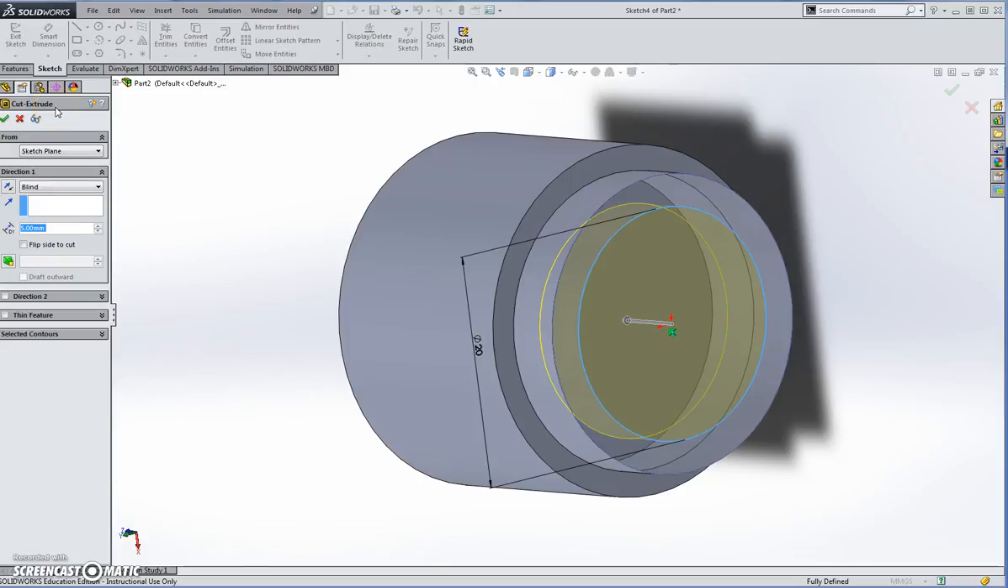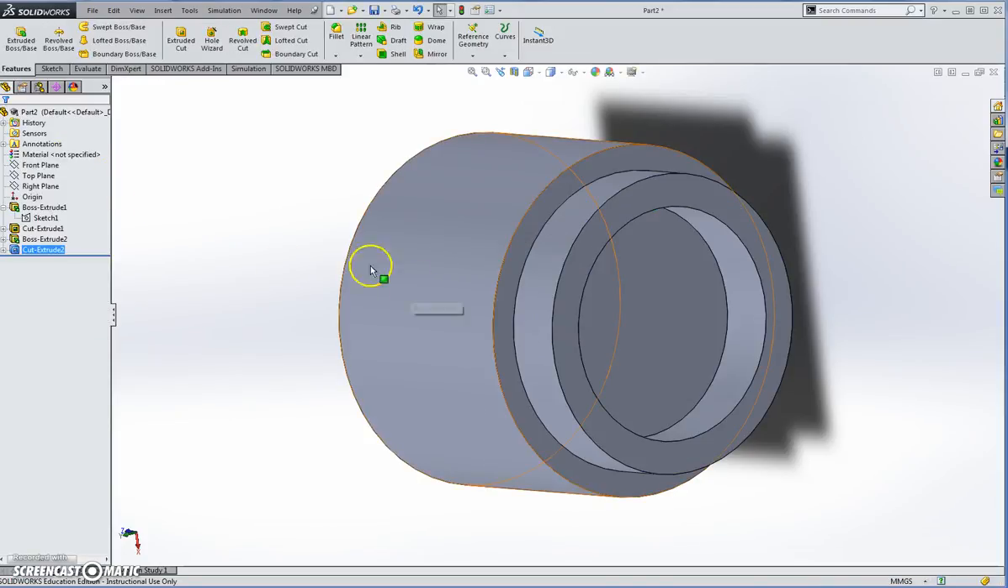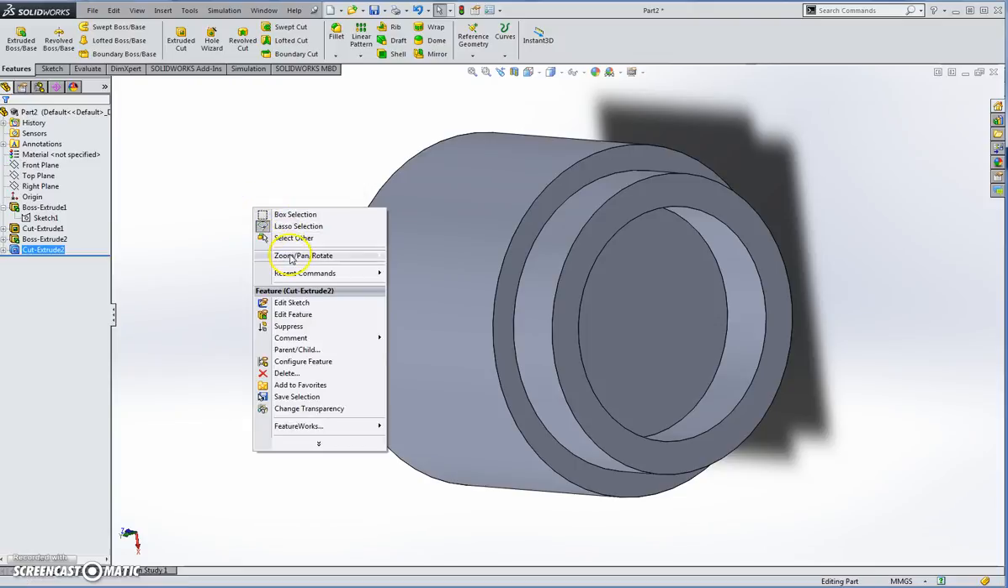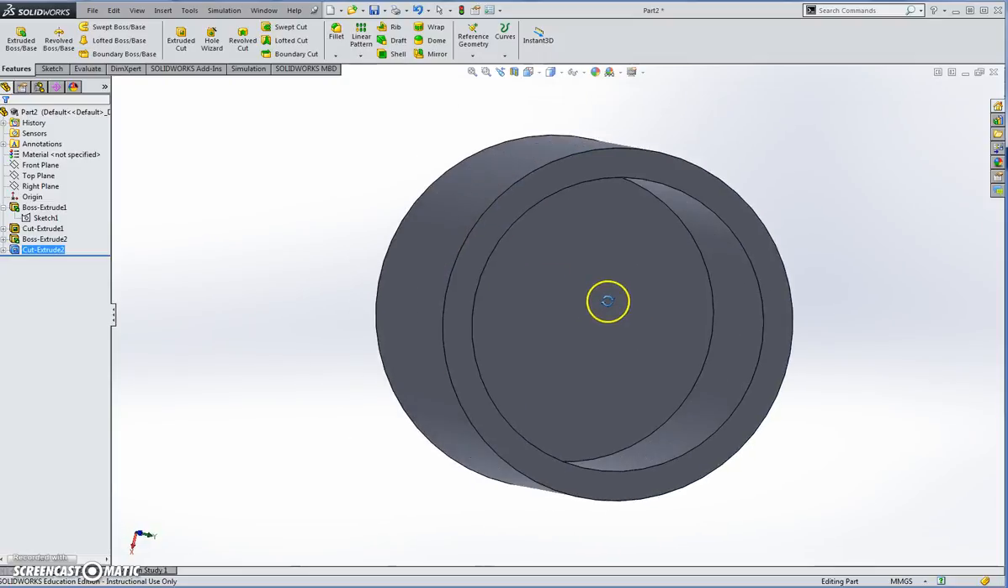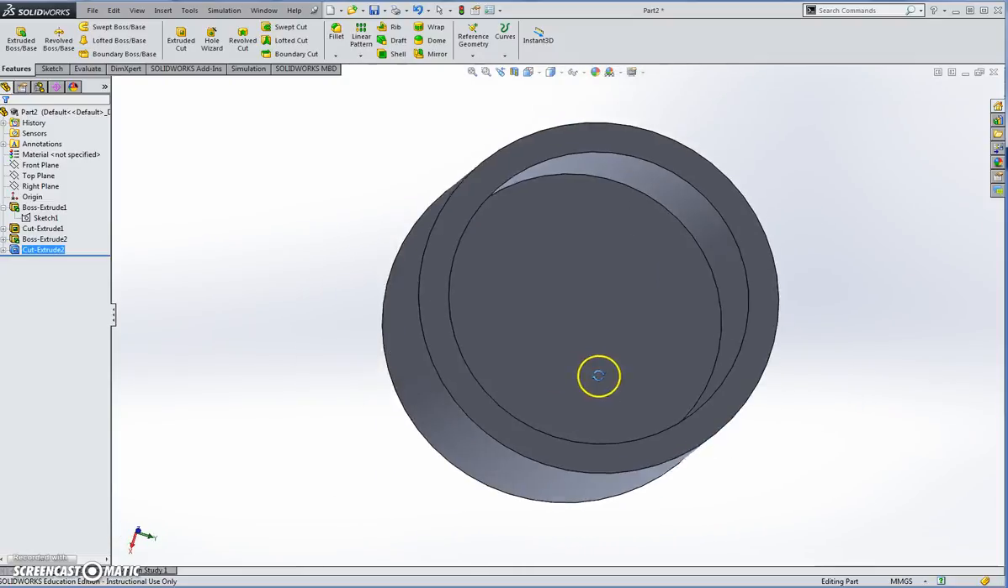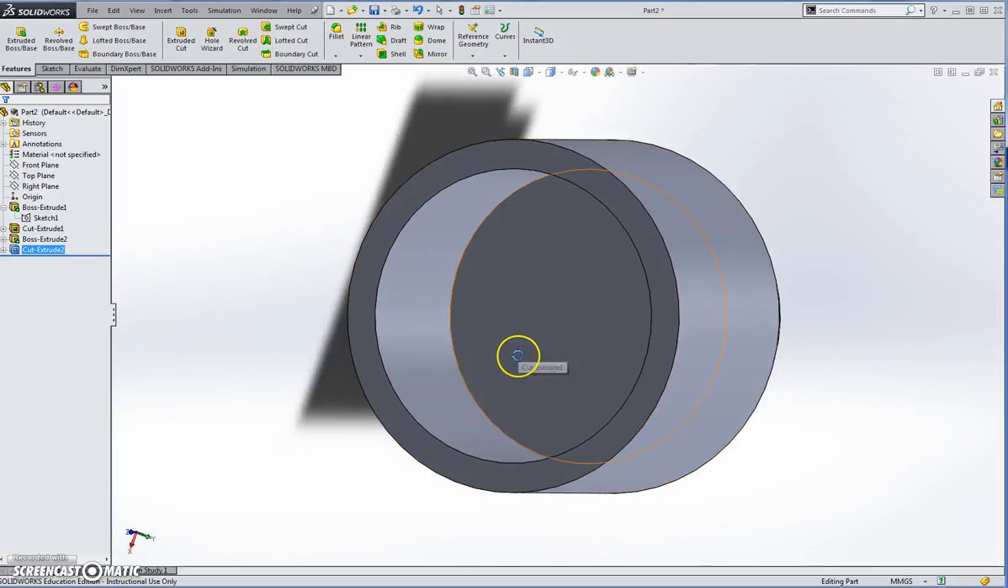And we're going to extrude cut that back down 5. That's good. Alright, so let's look at what we have. I'm right clicking to access this menu here, rotate view. Okay. Now, we need to create